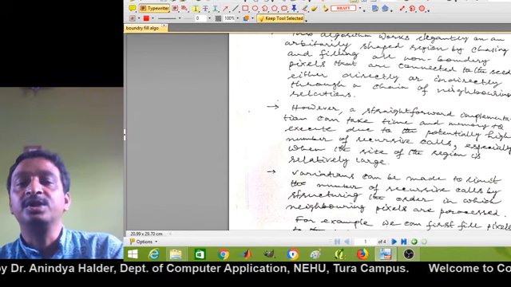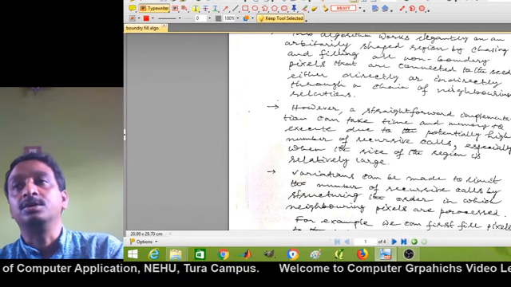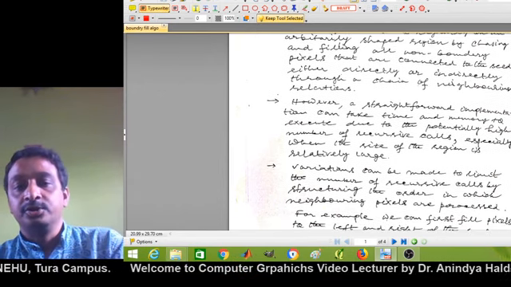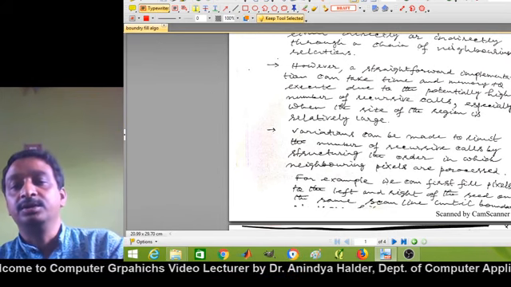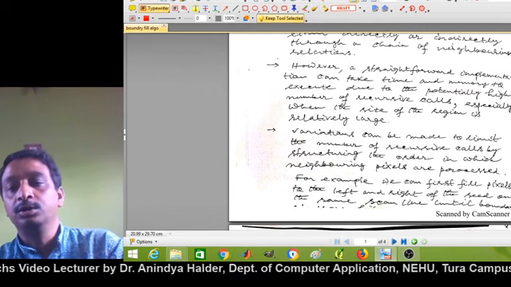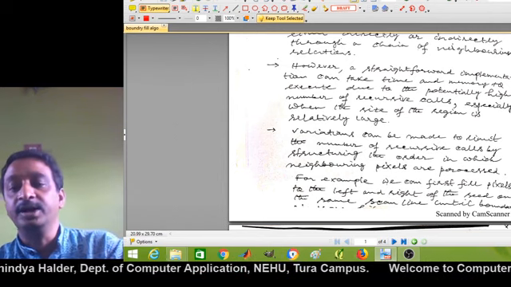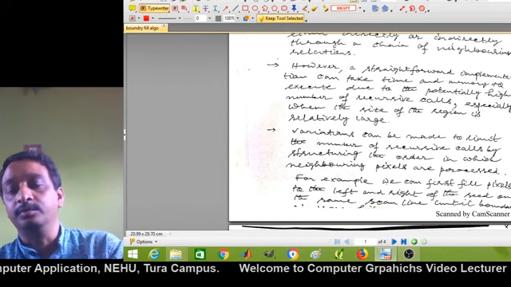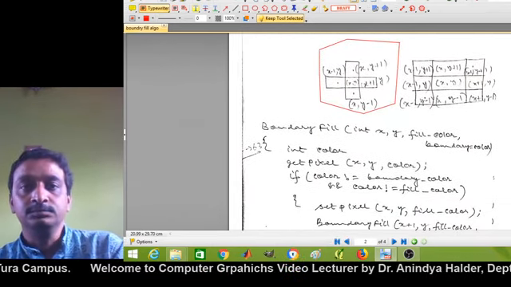Therefore this algorithm sometimes may be computationally costly, both in terms of time complexity as well as space complexity. So variations can be made to limit the number of recursive calls by structuring the order in which neighboring pixels are processed. For example, we can first call the left and right side pixels, then process them, and then we can call the other pixels, the top and bottom pixels.